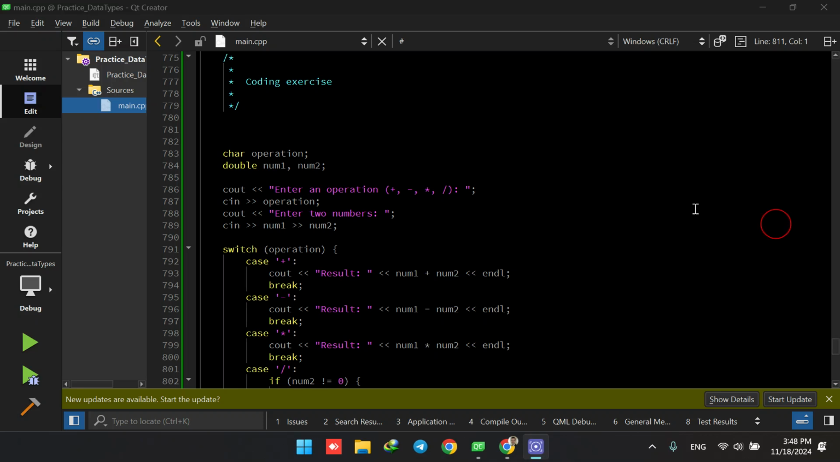Welcome back. In this lesson, we are going to use a switch statement once more to see its application and to see how it would be easier to work with switch statements in some cases when we have a lot of conditions to check. So here we need to write a code that